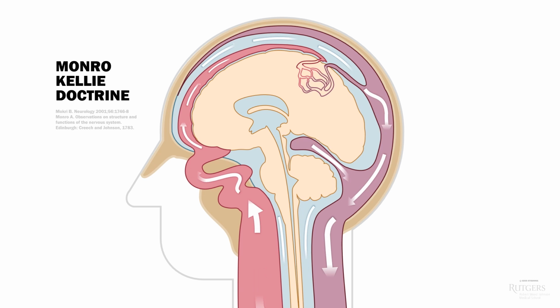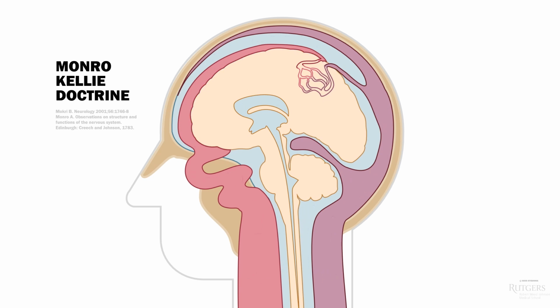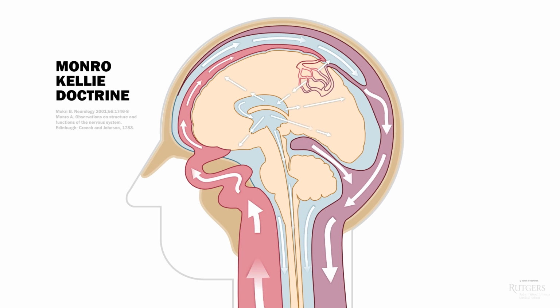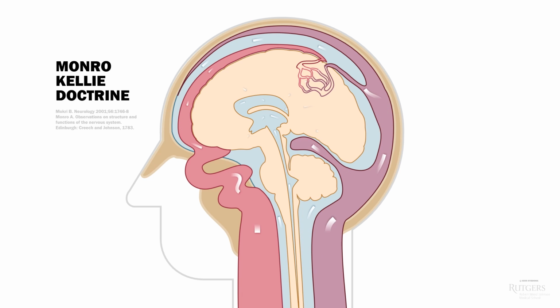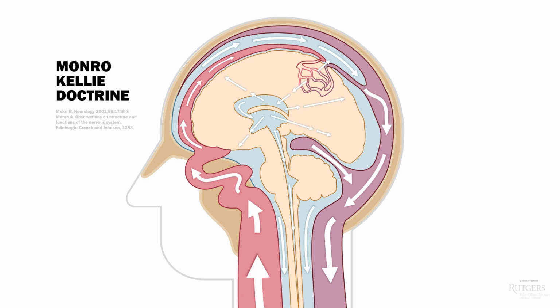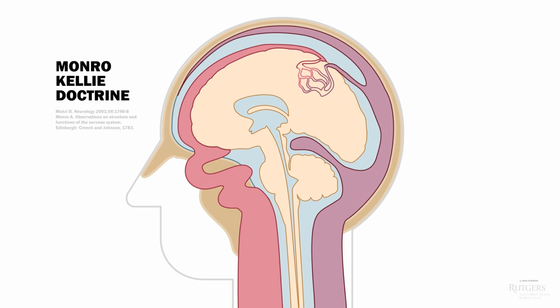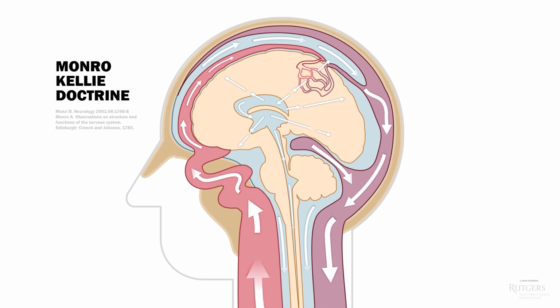This model is based on a theory that is over 2 centuries old. It's the Monro-Kellie doctrine. The amount of brain tissue cannot change. We can't suddenly lose a piece of brain. Which means the amount of arterial blood cannot change much either. The amount of arterial blood is largely defined by the amount of brain tissue that demands it.